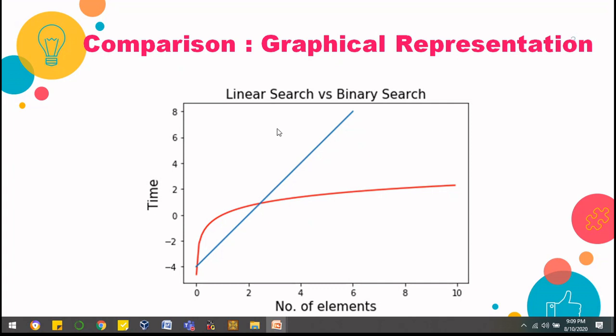This is a very important question generally asked in placements and competitive exams: what is the time complexity of linear search? Now you know that linear search time complexity is big O of n. It is linear in nature, and the time complexity of binary search is log n, but base 2. Why? Because in binary search, every time we are dividing the list by 2. So that is why the base will be 2. So take care of both these things. This is an important question, and generally the comparison between linear search and binary search is asked in vivas, practical vivas, and then competitive exams, the GATE exam, and also in your placements, right?